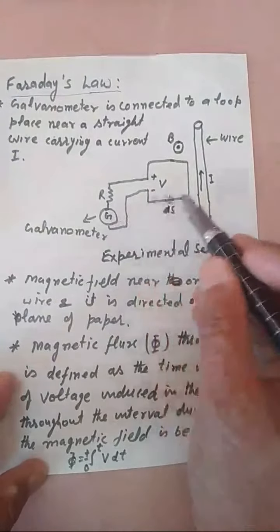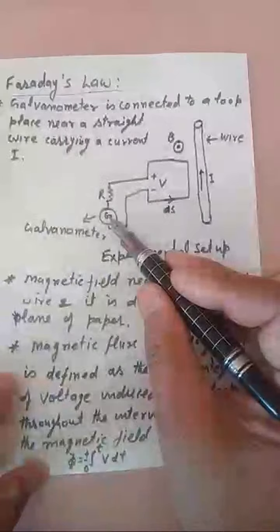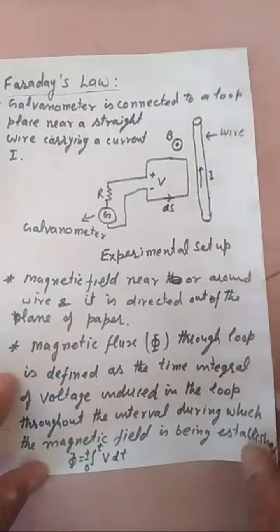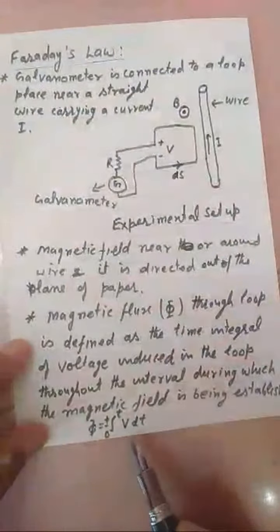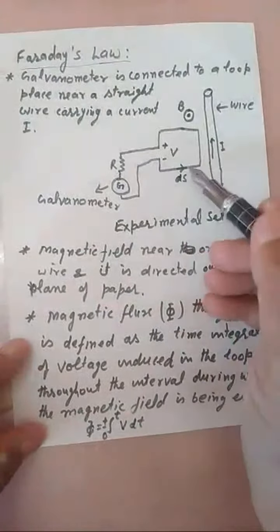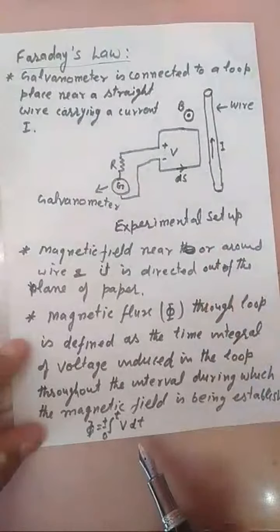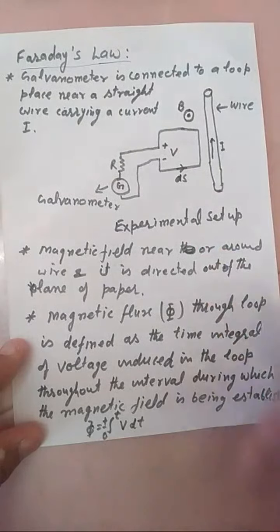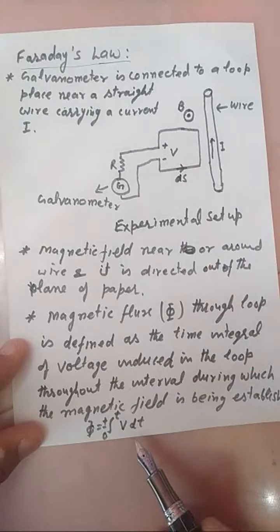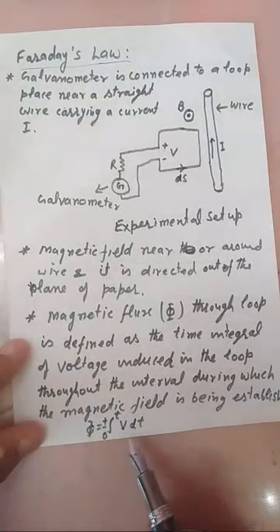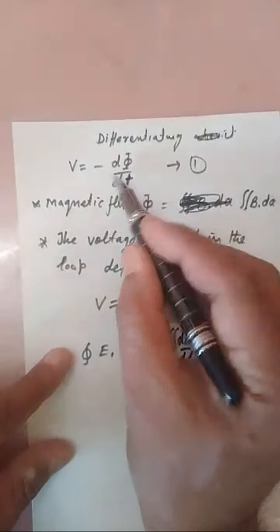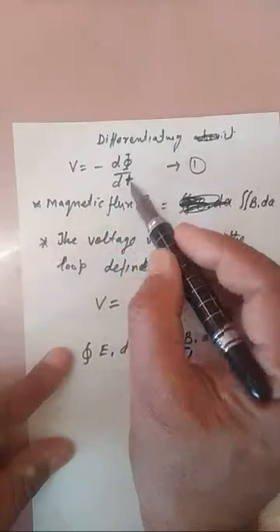If there is a change in the magnetic field, the galvanometer gives a deflection. So we wrote mathematically that voltage is induced in this closed loop. We can write the flux linked with this loop through this equation. If we differentiate this equation, we get V is equal to minus d phi by dt,